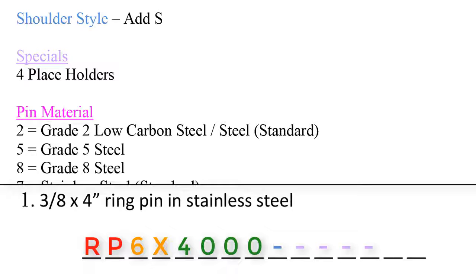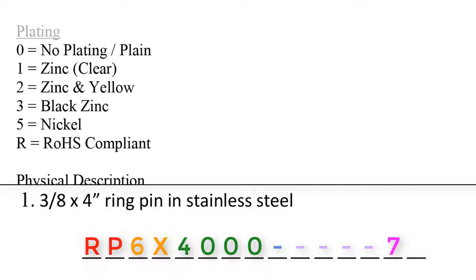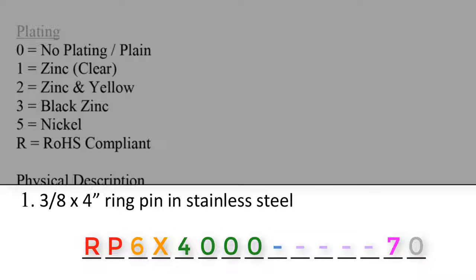Dash, dash, dash, dash. Moving on to pin material in fuchsia, this particular pin says stainless steel. Our standard stainless would translate to a number 7 in the fuchsia section. Next, we move on to the plating. We do not ever plate stainless steel, therefore we would use a 0 in the plating section, also known as plain. Number 1's part code will be RP6X 4000 dash dash dash dash dash